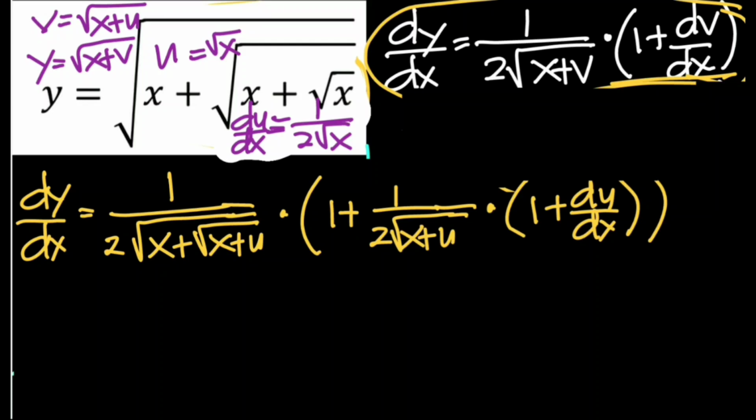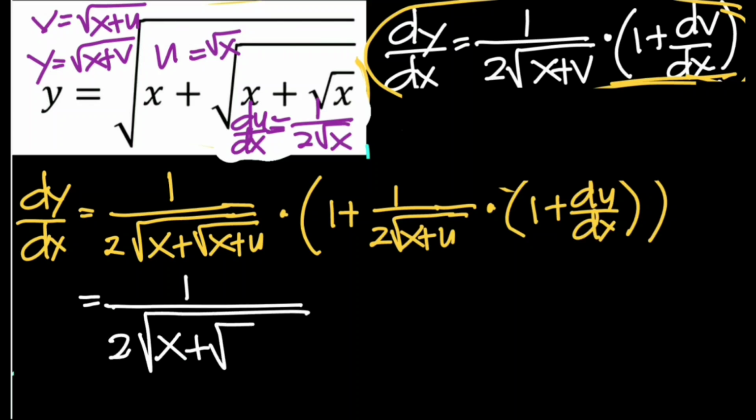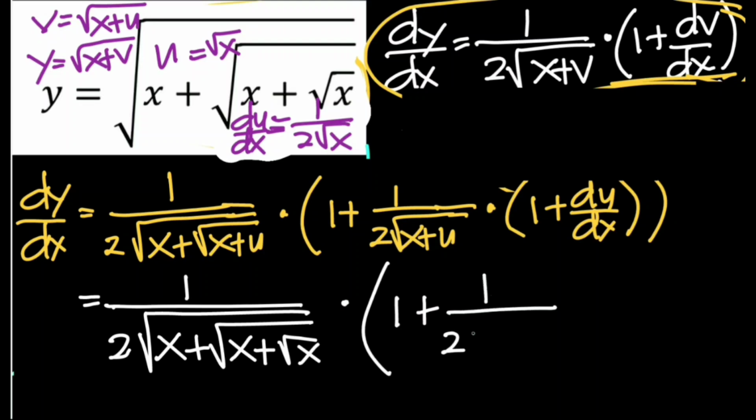So we let u equals square root of x, so we can just plug that back in here. So 1 over 2 square root of x plus square root of x plus u, which is square root of x, times this one. 1 plus 1 over 2 square root of x plus u, which is square root of x,